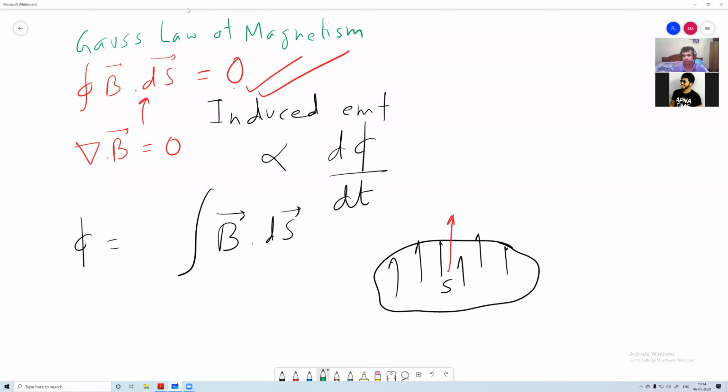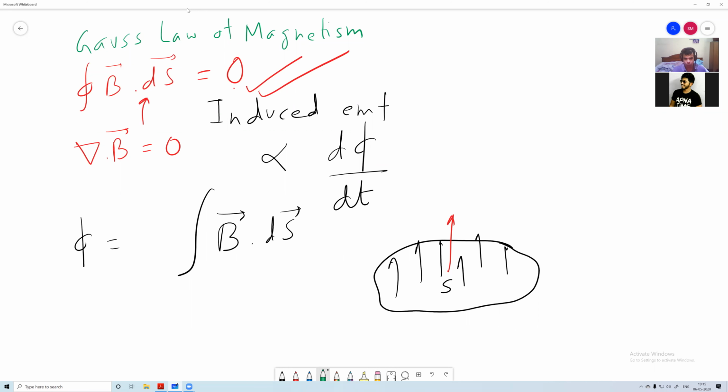We have free electric charges, positive charges or negative charges. They're isolated, they can exist. But an isolated north pole or an isolated south pole does not exist. It is not seen anywhere in the world so far. So all the field lines start from the N and come back to S. So for a closed surface, the amount of field lines coming out and going in are always the same. They cancel, giving zero.